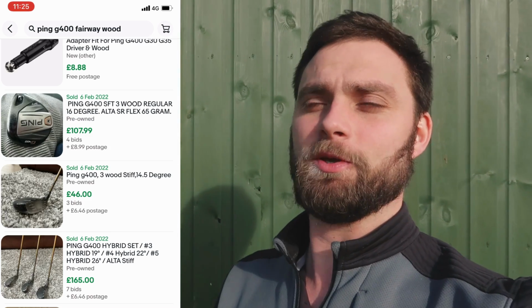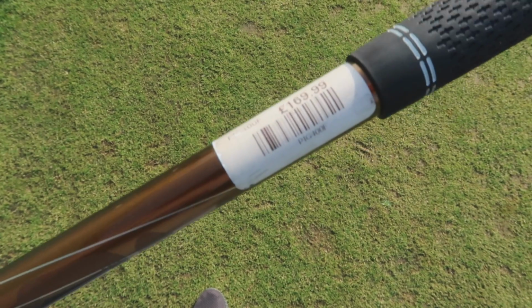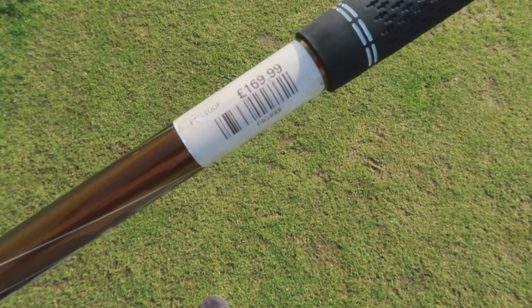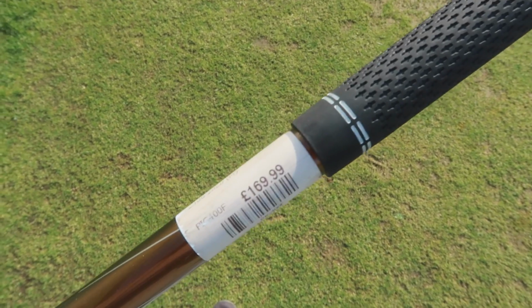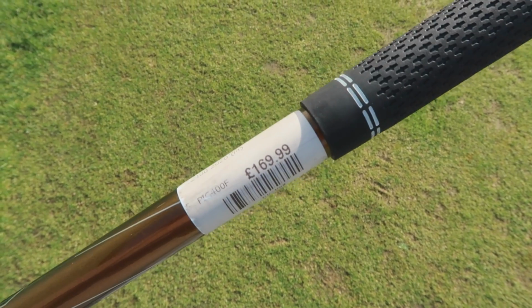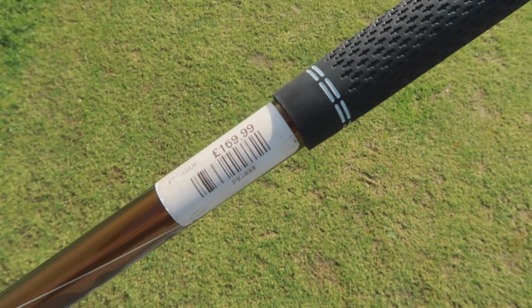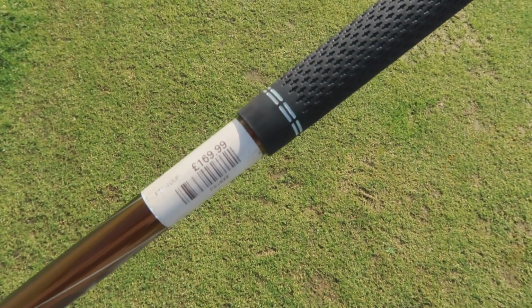And let me tell you how I know that. Didn't realise yesterday when I was picking up this club, you can see there 169. That was sold in a shop for £170, and I know this is what they retailed at because I was in the shop at the time, club fitting for these, £170, and these are selling second hand used 4 years later for £10 to £20 cheaper than that, which is incredible and a testament to what an unbelievable club it is,